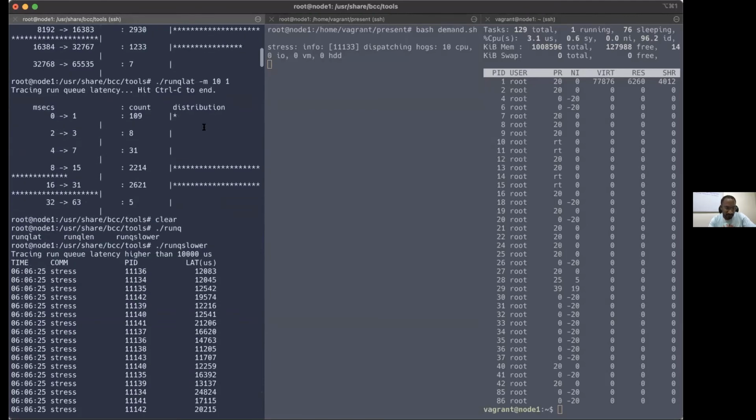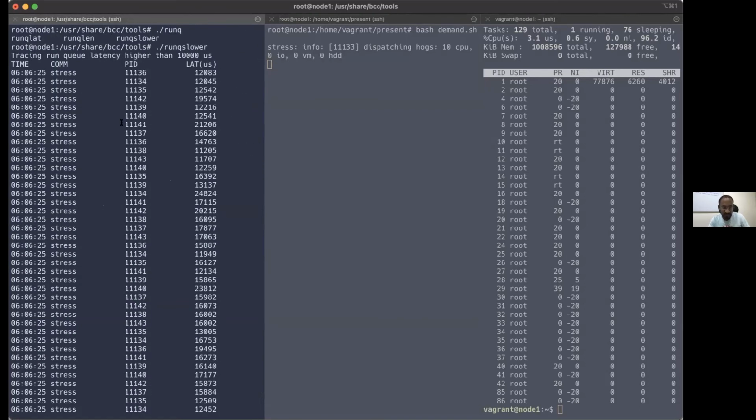You see, some program called test is running very frequently, and it is in microseconds. This is the process ID which is pending 12,083 microseconds in the run queue. So this PID is just spending this much time in the run queue. This is quite good engineering to troubleshoot the issue. So guys, using this, you can easily understand how much time my processes are spending in the run queue. I believe this is quite interesting info for everyone.